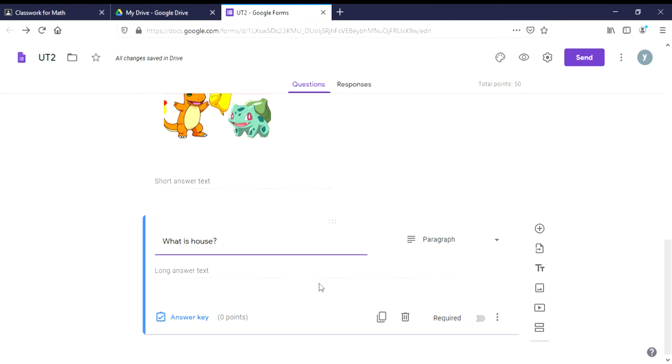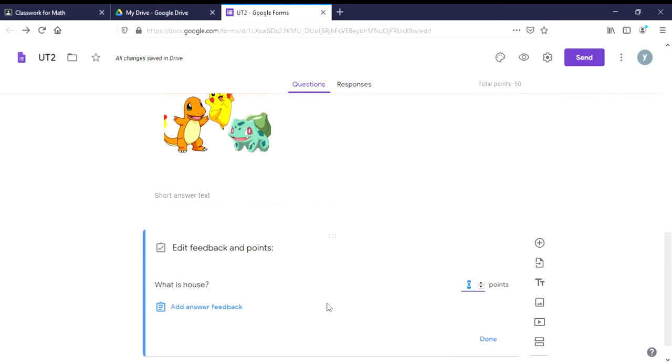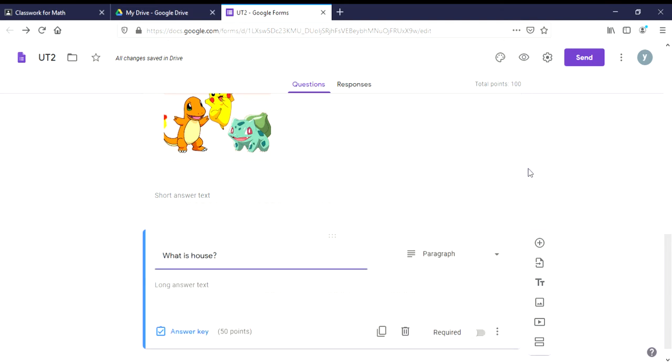For the paragraph type of question, when you click the answer key, you can still put the point, but you won't be able to insert any correct answer. Why? Because it's impossible for the system to grade the paragraph type of answer. So you have to score it manually. I hope you understand this. So now you see that my question has a total of 100 points already.